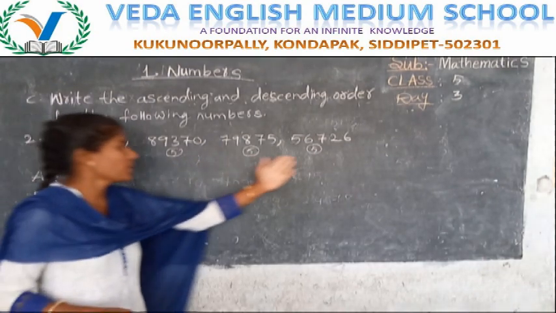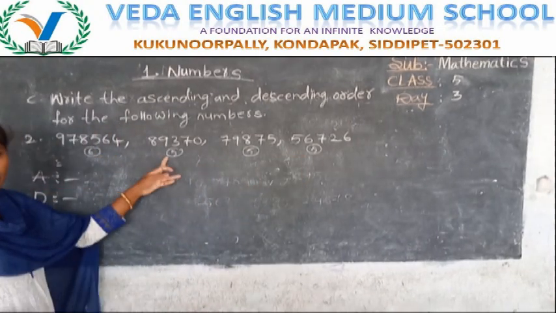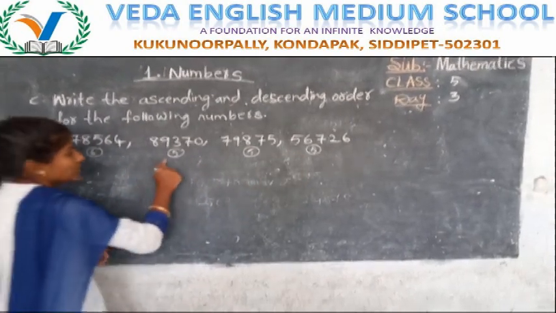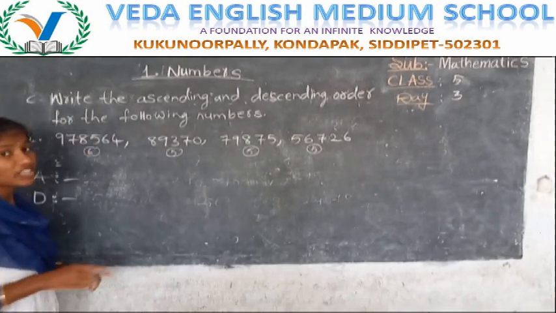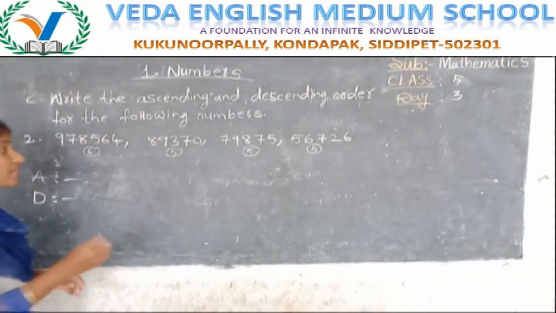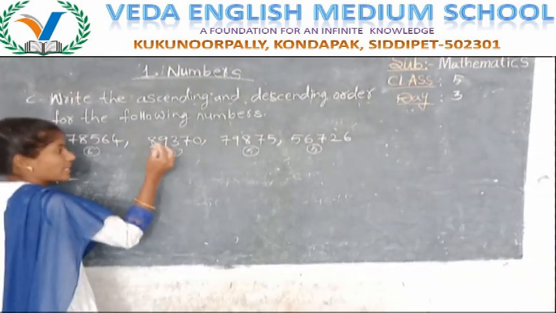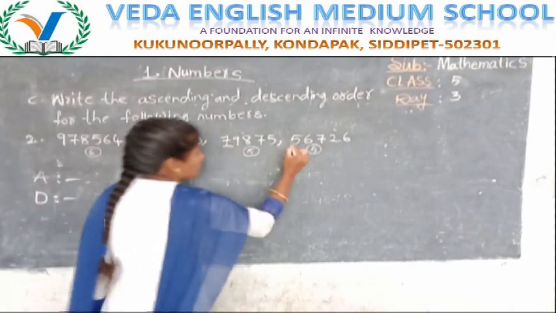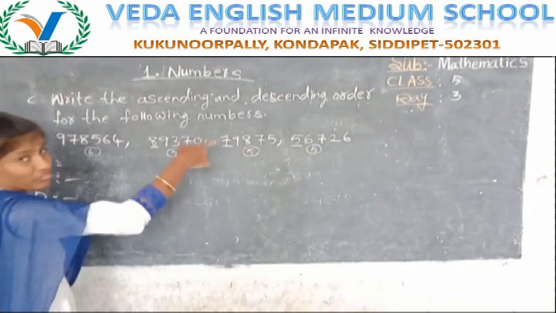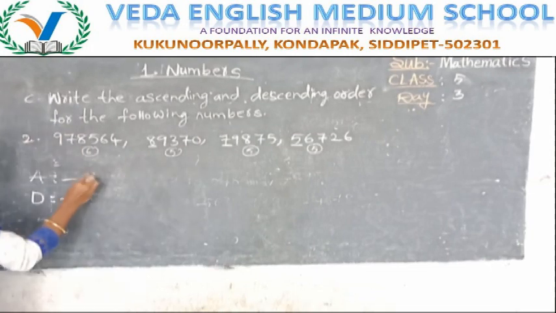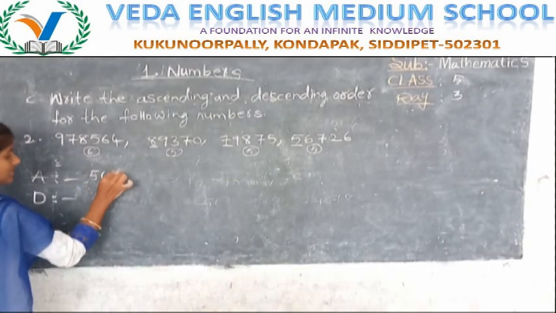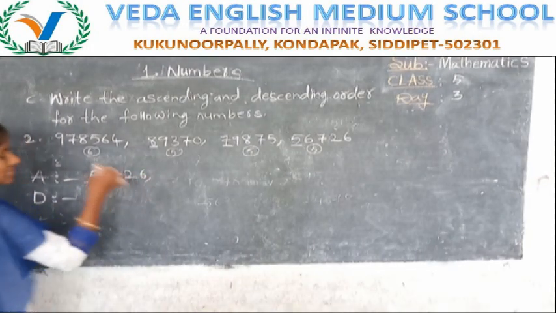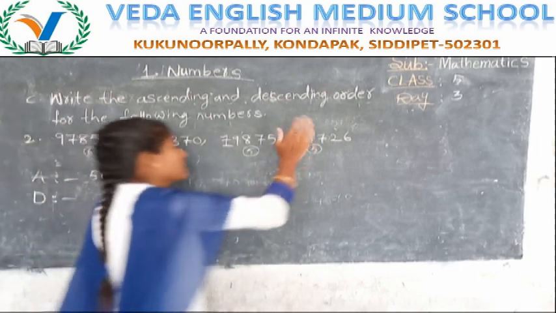Now we have to compare these three first because a 5-digit number is a smaller number. Now these three are 5-digit numbers. If the digits are equal, then you have to compare the first number. Here the first number is 8, 7, 5. Out of these three numbers, 5 is the smallest. So 5, 6, 7, 2, 6 is the first smallest number. Now this number has completed.